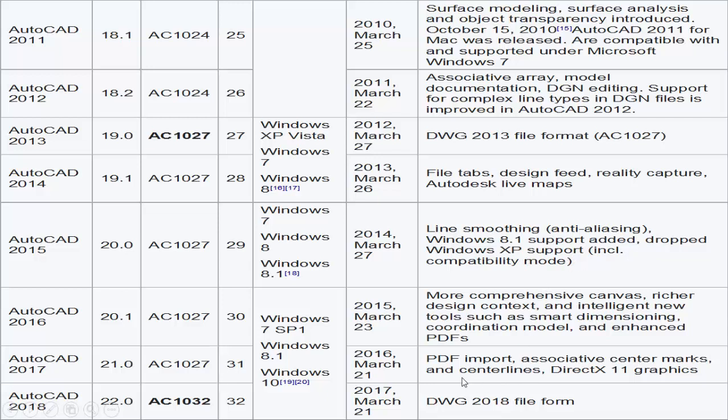However, in 2016 to 17, you can now import PDF files, associated center marks and center lines, DirectX 11 graphics. So these are some of the features that have been incorporated into AutoCAD